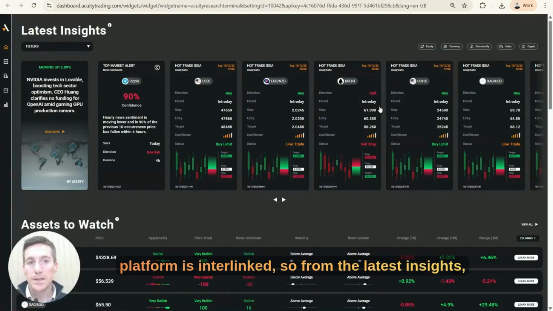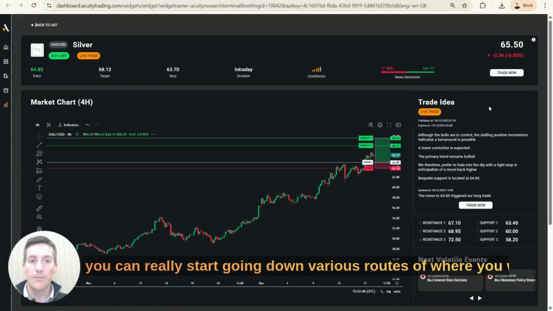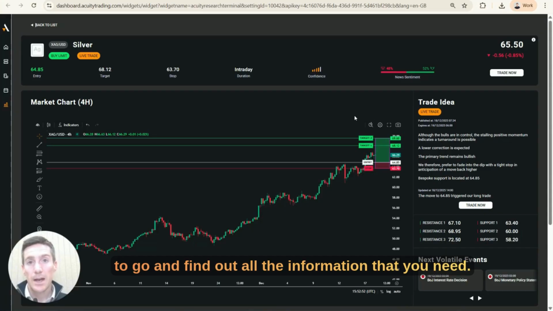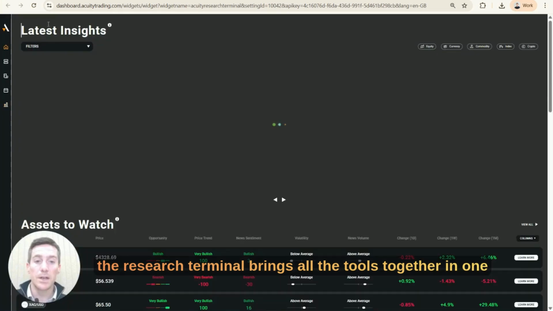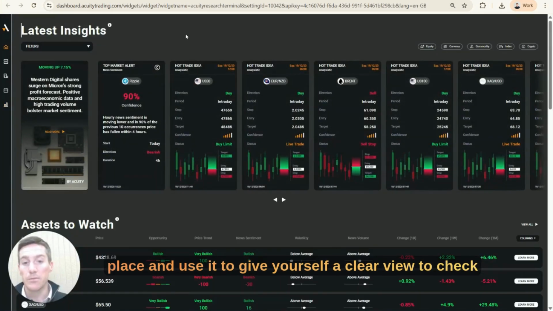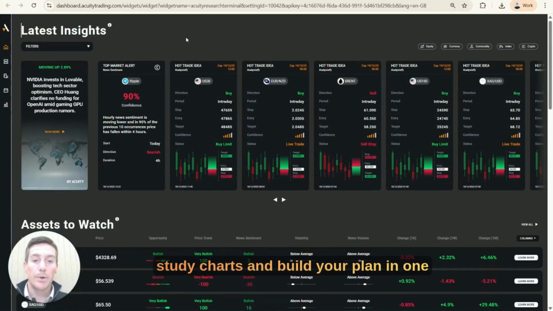The whole platform is interlinked, so from the latest insights, you can really start going down various routes of where you want to go and find out all the information that you need. Essentially, the research terminal brings all the tools together in one place and use it to give yourself a clear view, to check sentiment, read news, study charts, and build your plan in one clean